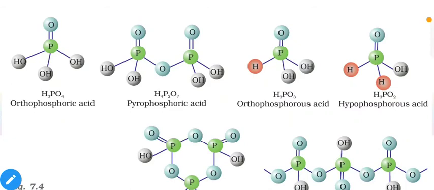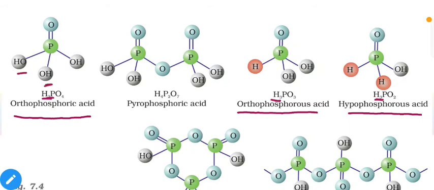If you compare the three examples given here, orthophosphoric acid, orthophosphorus acid and hypophosphorus acid, you will notice all of them contain 3 hydrogens, but they have different basicity, or the number of H plus released from them is different. The first example contains a total of 3 OH groups, so it can release 3 H plus,